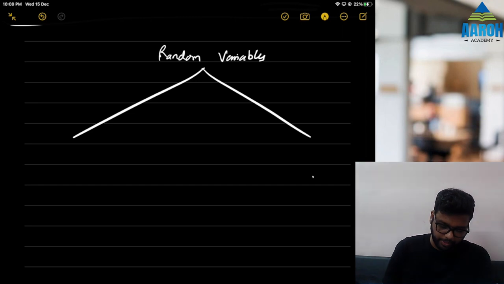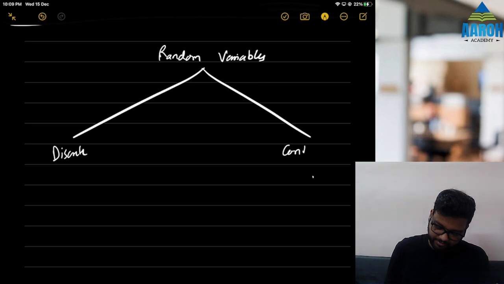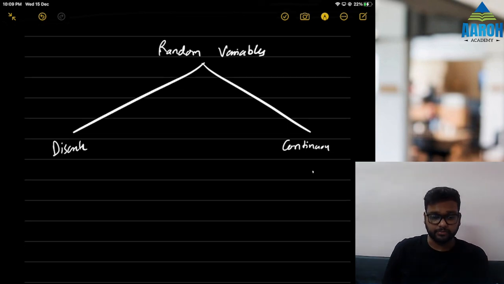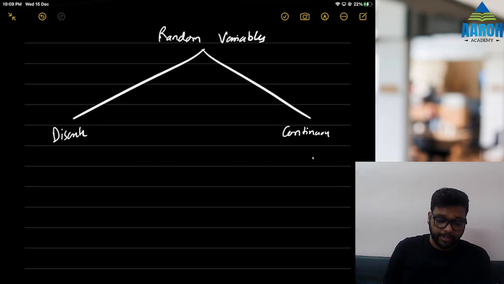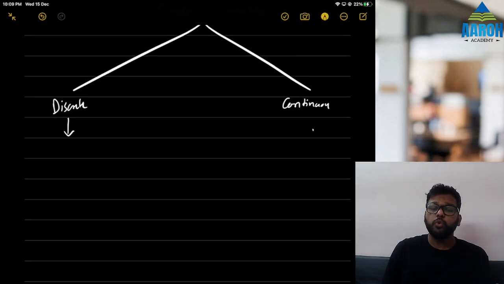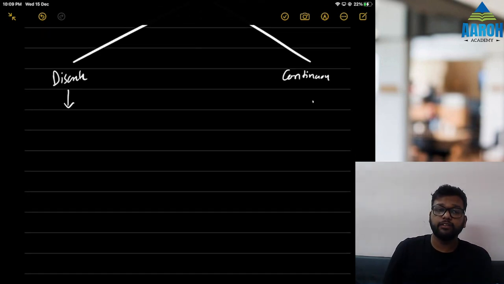Random variables can be of two types. Which two types? Anyone? Discrete and continuous. That is correct. We see two discrete distributions and one continuous distribution in the next chapter, that is binomial, Poisson and normal. But before that, for discrete distributions, two conditions must be satisfied by that random variable. What are the two conditions that must be satisfied?